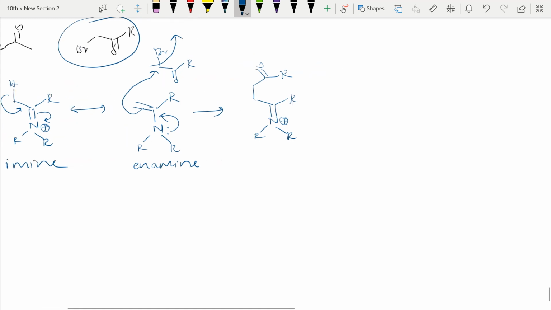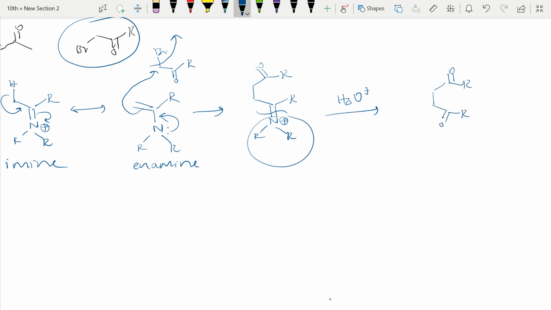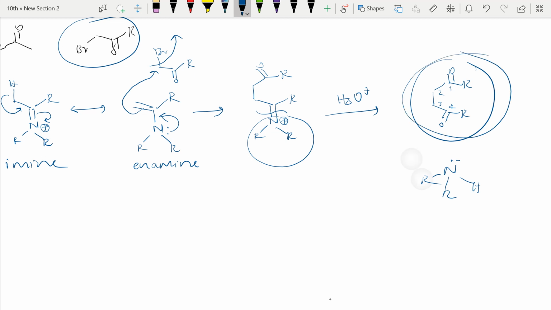Just if I do hydrolysis, right, what happened? This bond will be broken, it will be converted to a ketone, and this nitrogen again becomes neutral, right? So like this we will get CH2 CH2 COOR. See here, 1 2 3 4, a 1,4-dicarbonyl compound I got. And the other thing, that secondary amine will be converted back like this. It has a lone pair and one hydrogen, right? So this is a 1,4-dicarbonyl compound. We can split here and we can do this enamine reaction, right? So this is clear for you, I think, right?